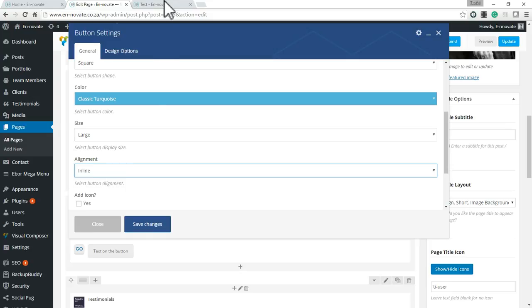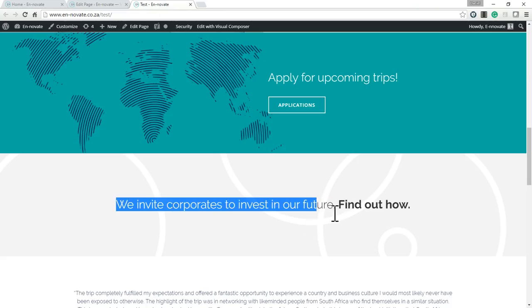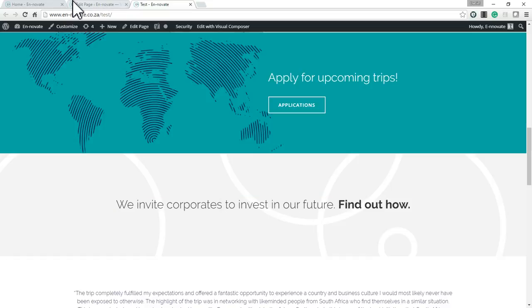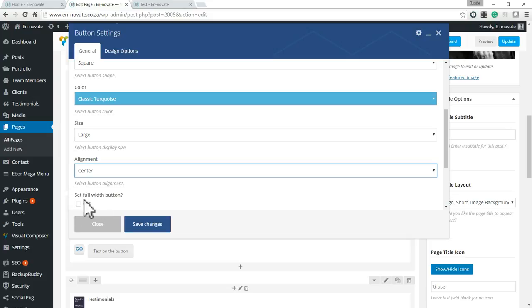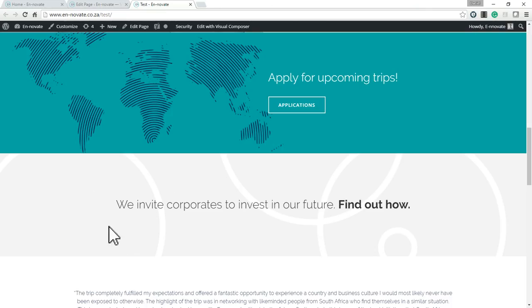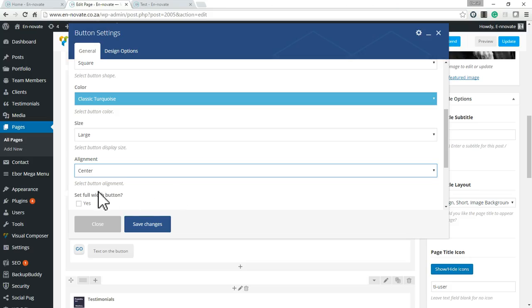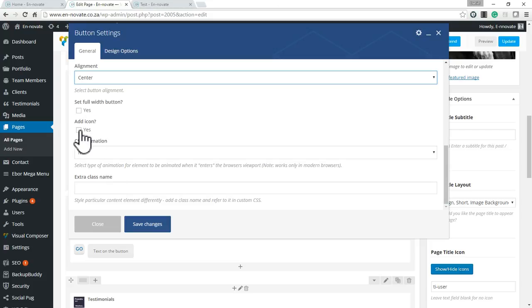Alignment, I want it to be in line with the same alignment of this section here, so I want it to be in line, or I could choose center, which is fine as well, and I can choose full width button so that the button goes across this whole area here, but I don't want that, so I'm just going to leave that unticked. I want to add an icon to the button,